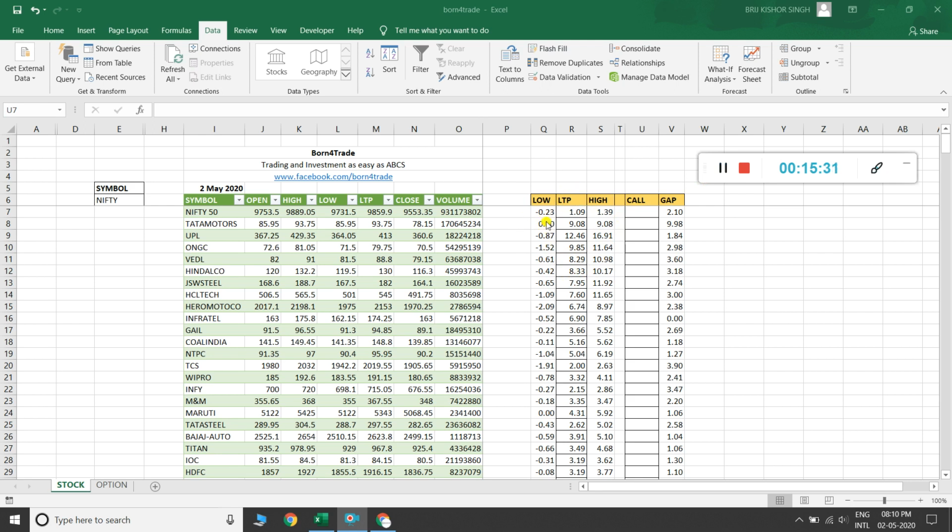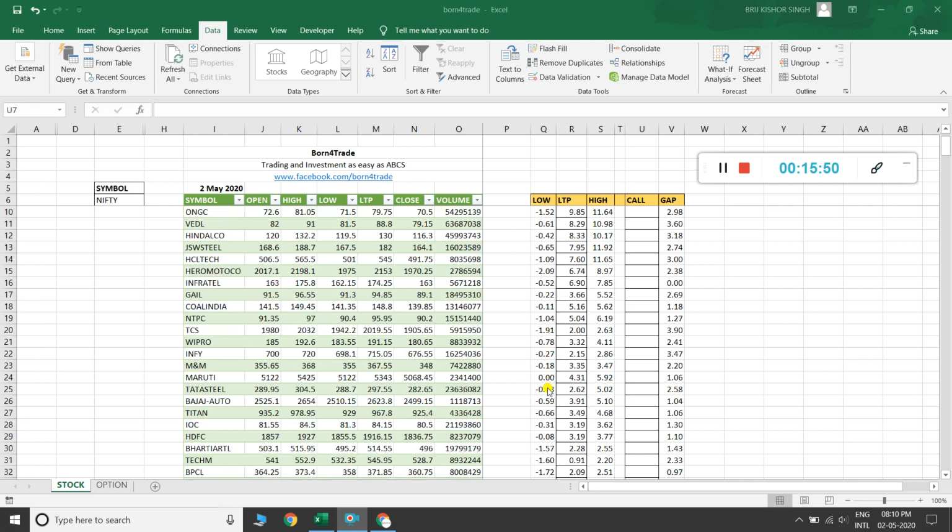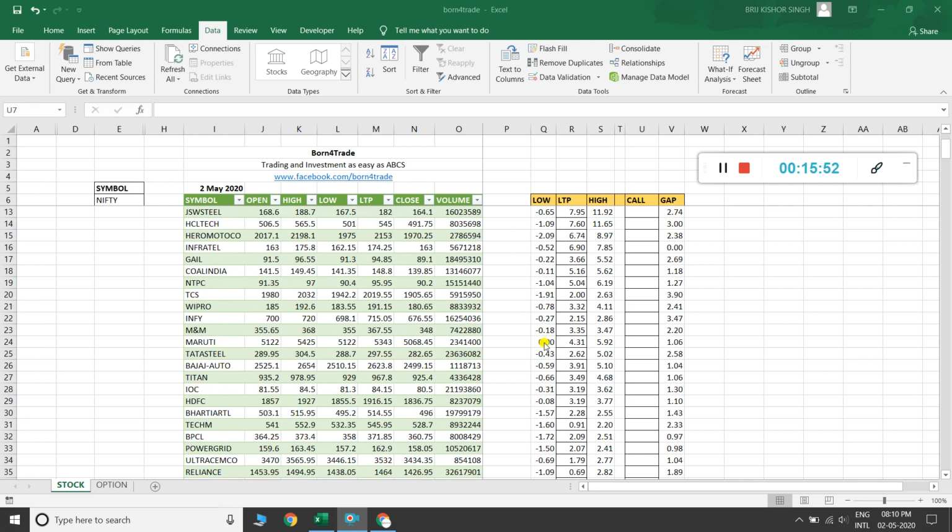Here you can see 0.00. It means Tata Motors open is equal to low, because in the low column we are seeing 0.00. Just checking another example. Here also, this is Maruti stock.